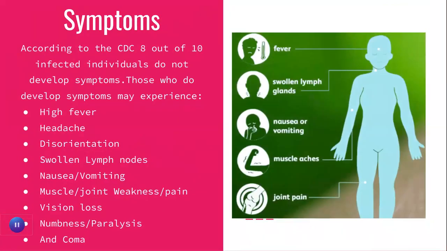The symptoms are pretty vague. There aren't really any defining symptoms, and according to the CDC, about 8 out of 10 infected individuals do not develop any symptoms. Those who develop symptoms may experience high fever, headache, disorientation, swollen lymph nodes, nausea, vomiting, muscle weakness or pain, joint weakness or pain, vision loss, numbness, paralysis, and even coma. Now, the last few, vision loss, numbness, paralysis, coma, headache, disorientation, often come when it turns into the West Nile fever or